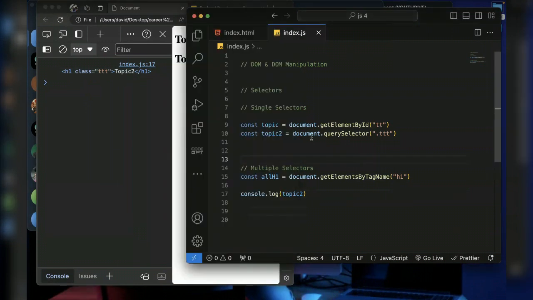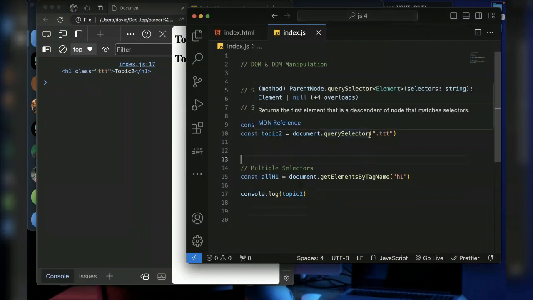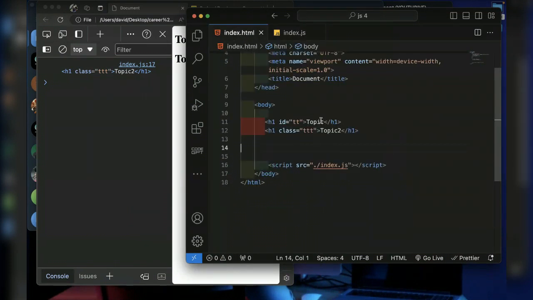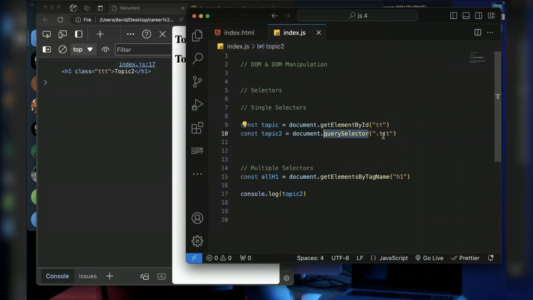So even if I want to use document.querySelector to select by ID, which is to select this topic here with double T, and this is the ID, what I can do is come here, remove one T, and it's double T, but because it's an ID, I need to indicate by adding a hash.